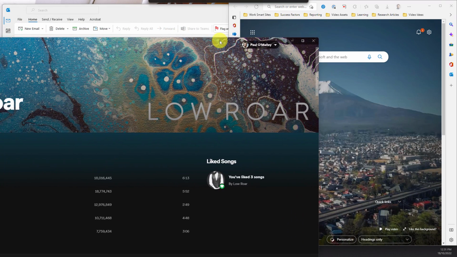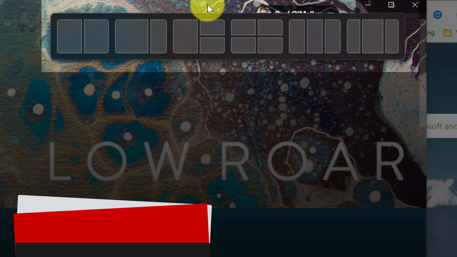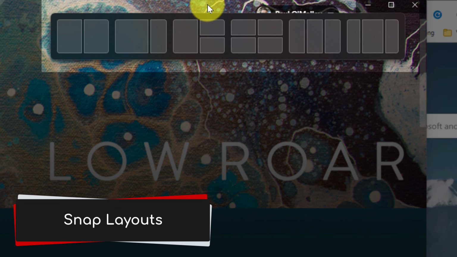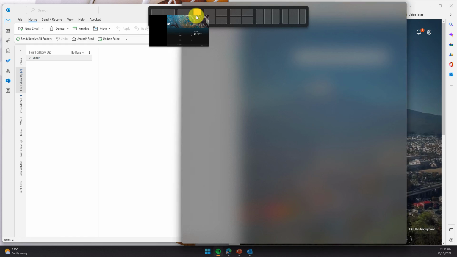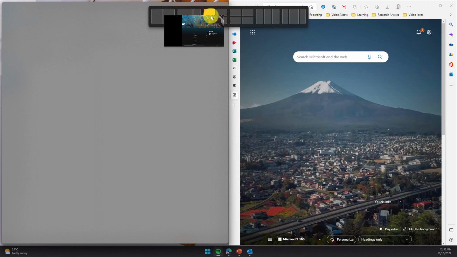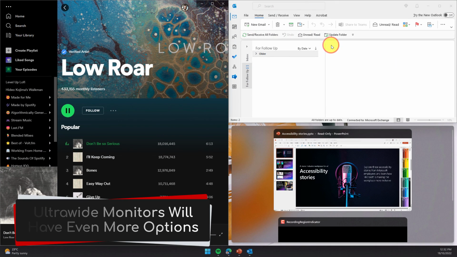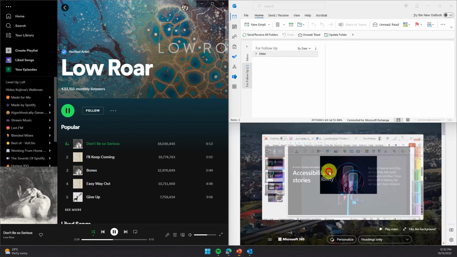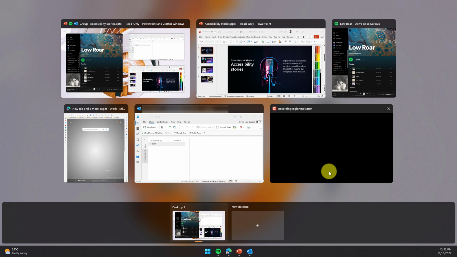But that's not all. With the Windows 11 22H2 update, you can now click and drag one of your windows to the top of your desktop where you will see our Snap Layouts flyout. Hovering your mouse over any of these options will allow you to select multiple different layouts that you could set your windows up in. This is great when you want to maybe potentially split screen multiple applications across, say, potentially an ultra wide monitor. And so now you can see that I have Spotify, Outlook, and PowerPoint all set up in a particular layout on my screen.